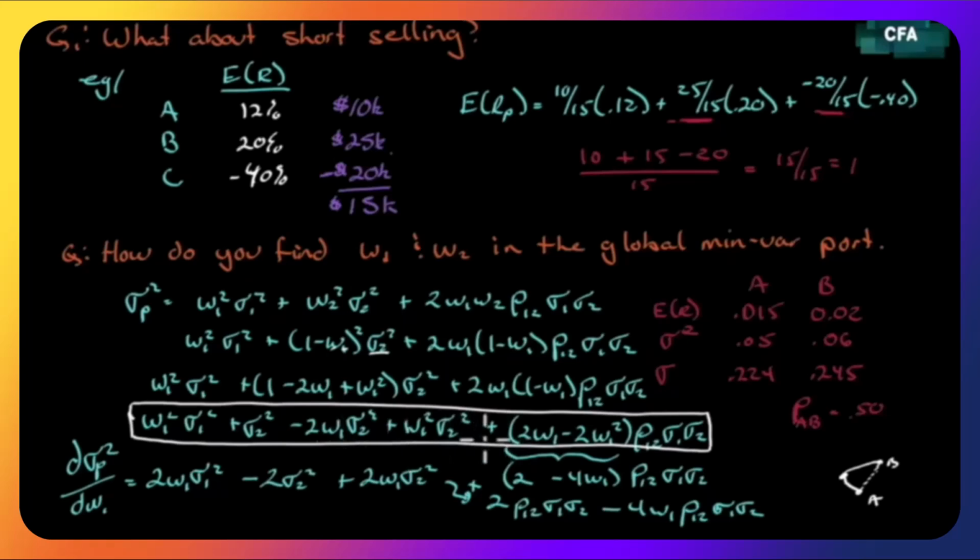Everything is expressed as a W1. Now we're going to take the first derivative of our function with respect to W1. I won't go through all the terms, but here's the first term. Since it's W1 squared, the derivative becomes 2W1 times the variance of asset 1. Plus, this is a constant, so we know that drops out of a derivative. This is minus 2W1 times the variance of 2. The W drops out because we can imagine it to the power of 1. I don't want to teach calculus here, but I'm just helping you out. So that would be minus 2 times the variance of 2. Here we have a square, 2W1, the variance of 2, and on.